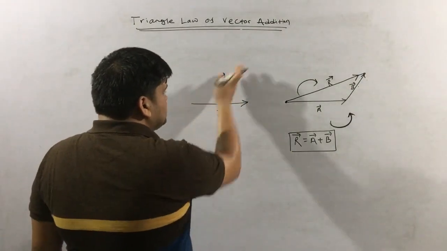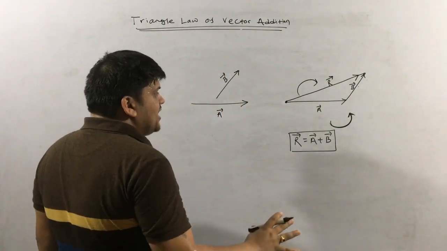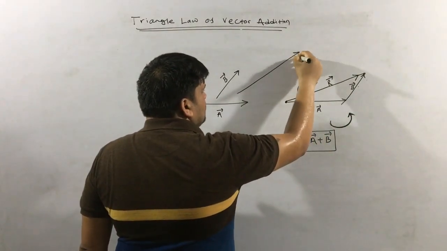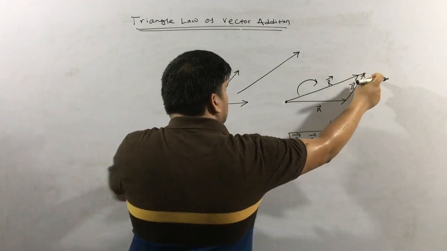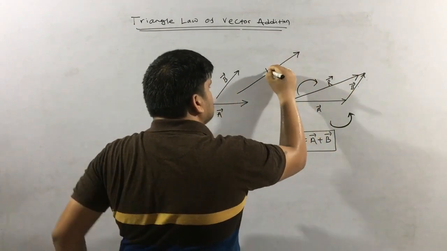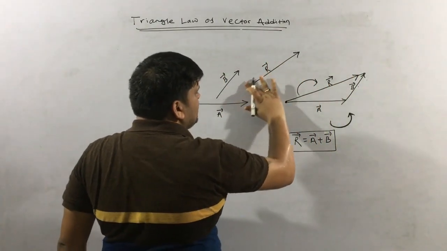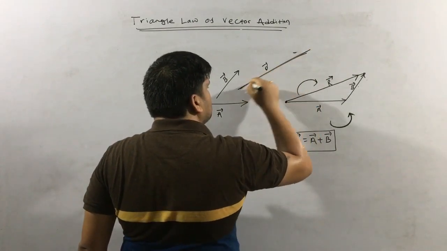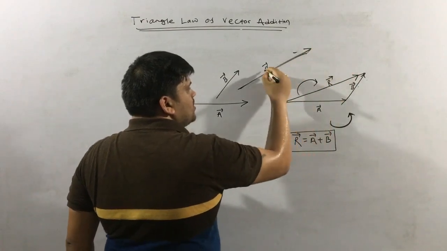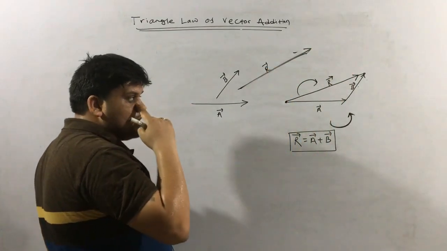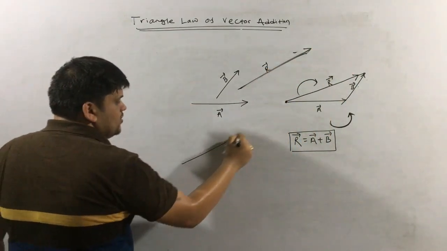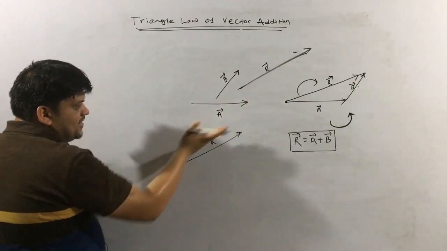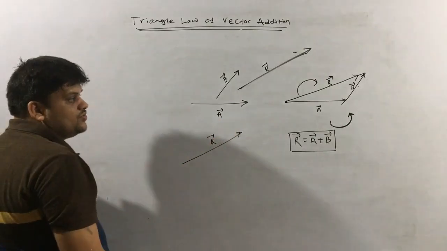So if you add these two vectors, what will you get? You will get a vector like this, of this much magnitude, from here to here. So this is the R vector. Now you can draw the R vector anywhere else, but it must be parallel to the resultant vector that you got here. I can draw the R vector here also, anywhere you draw, but you have to check that the direction must be parallel and the magnitude must be this much.